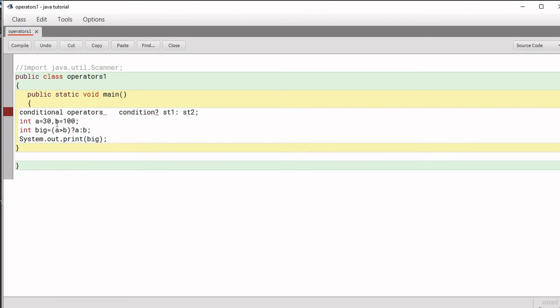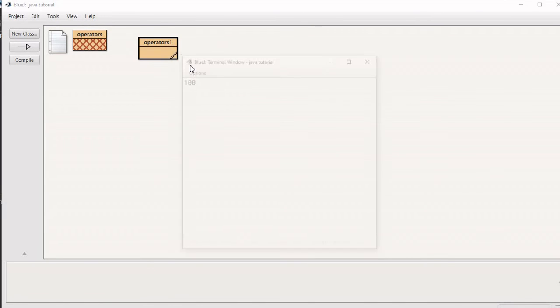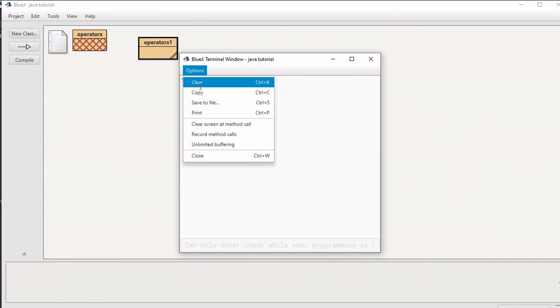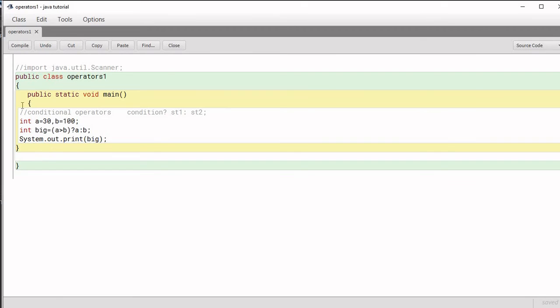Okay, so let's see. Yes, 100. So 100 is the larger value, so it will get printed. So this is the conditional operator.